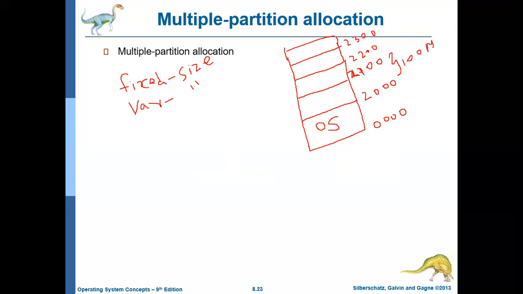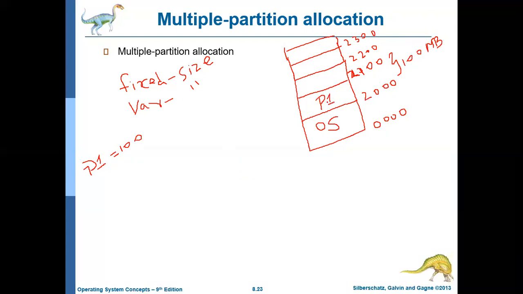When a process comes, it will be allocated the first available 100 MB. Say a new process P1 comes and needs exactly 100 MB of memory. P1 will be allocated the first partition immediately after the OS, because you have to allocate contiguous memory.